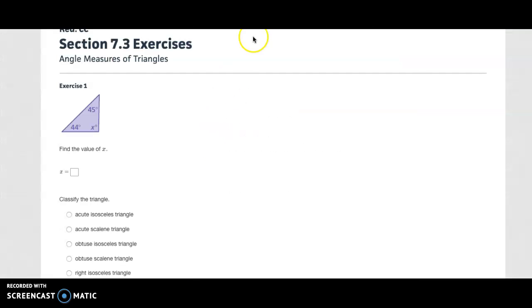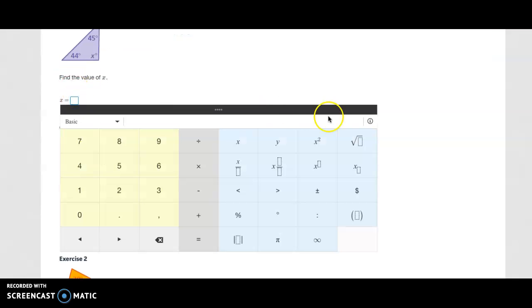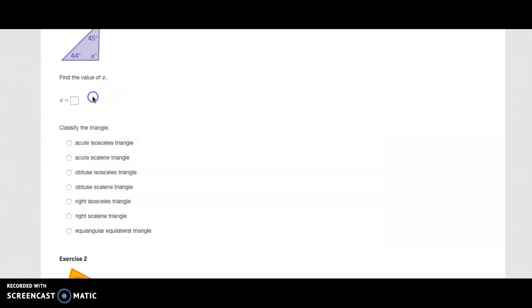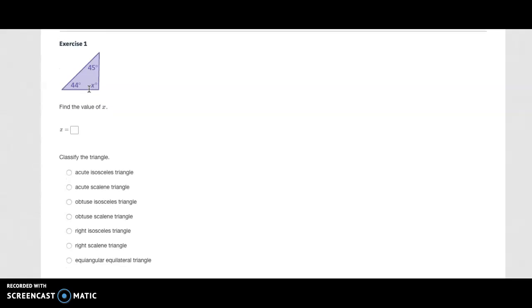So when you go in there, make sure there's an assignment tab. You click on that. And so they're going to say, find the missing angle in here, and based off of your stuff, you're going to know what to do. So you type in the missing angle, and remember, you can press the check button, okay? Check your answer. Then you're going to classify the triangle. So based off of the triangle's angles, you should know if it's an acute or an obtuse or a right or an equilateral triangle. And then based off of the side measurements, you're going to tell me what type of